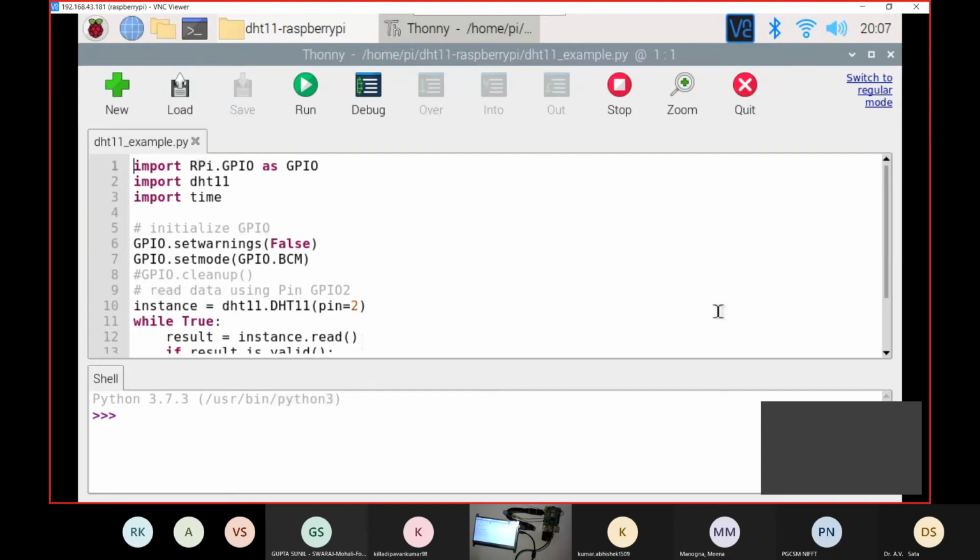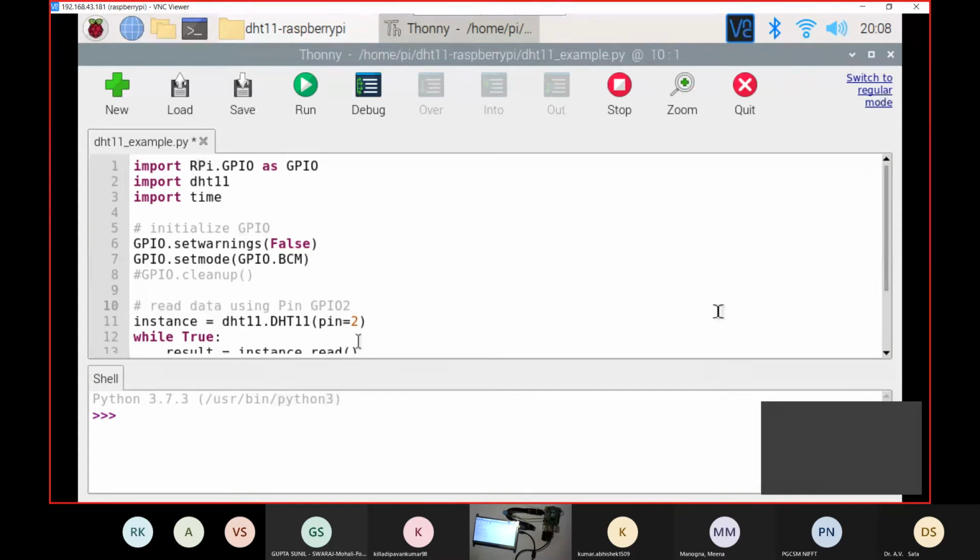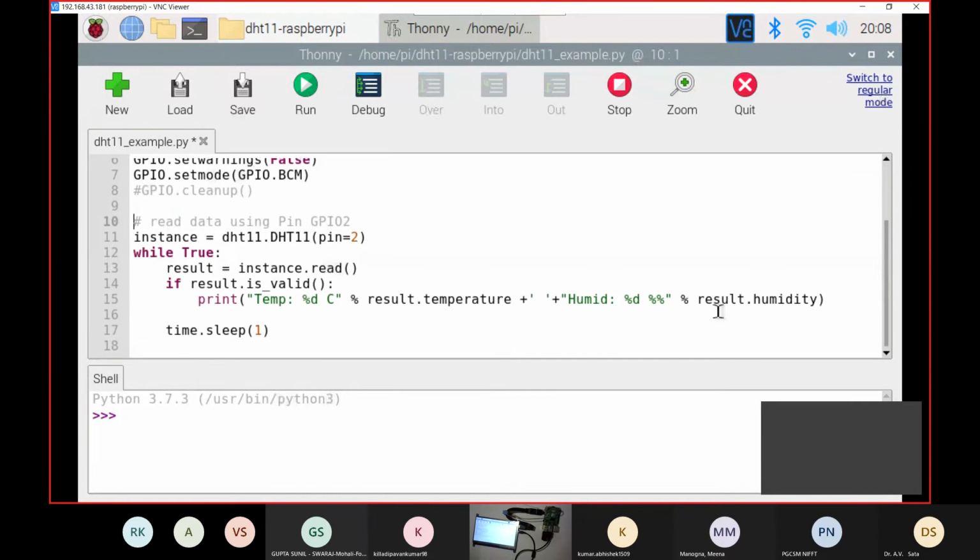It is the same code that we have used previously to define any functions. So basically here it is showing import RPi.GPIO, DHT and time. Then it has this capacity to show you how to change it very easily.